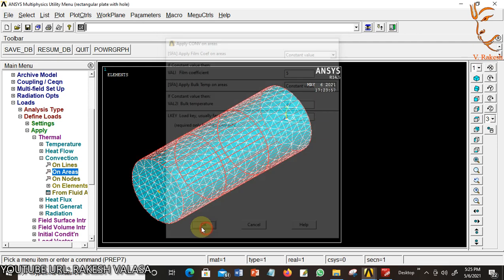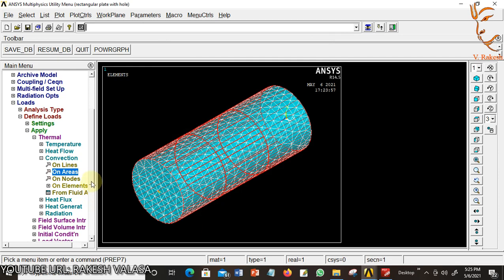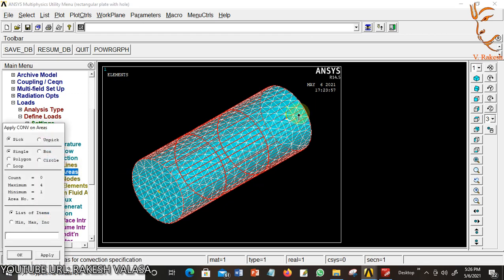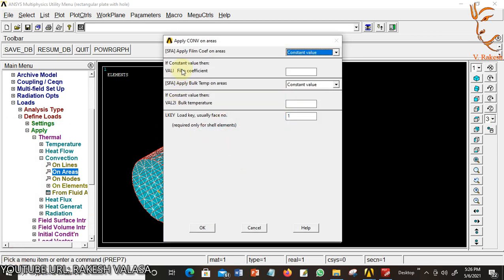Click on OK. Next, also apply the convection to the right side of the circular fin. Once again click on areas, choose the right side of the cylinder, click OK. Film coefficient is 5 watt per centimeter square degree centigrade, and bulk temperature is 30 degrees centigrade. These values are already given in the problem.